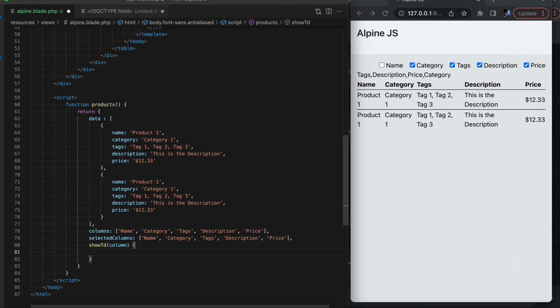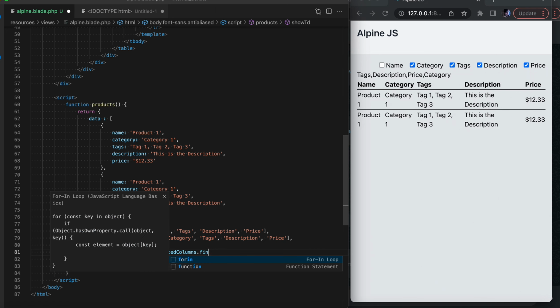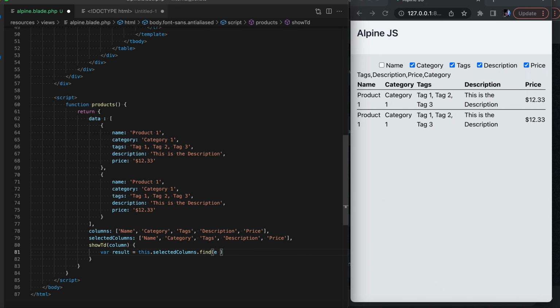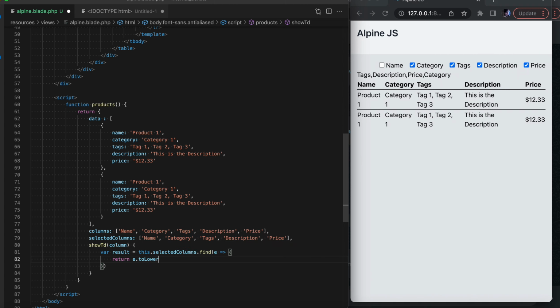And here what I'm going to do is search for this column in the selectedColumns. So let's use find, and this will loop through all the selected columns, and I'm going to convert the value to lowercase and check it against the column that is being passed.